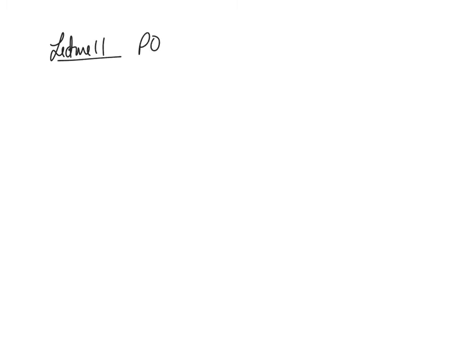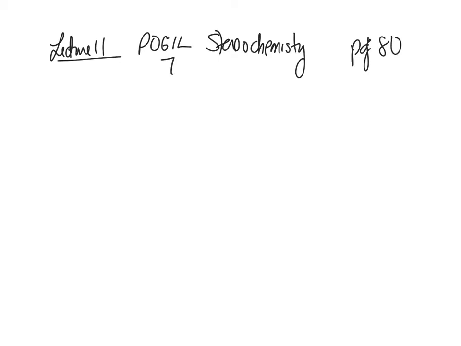We're going to be working on your POGL activity, stereochemistry, and that is POGL number 7, page 80. And so we have two models here. We have model 1